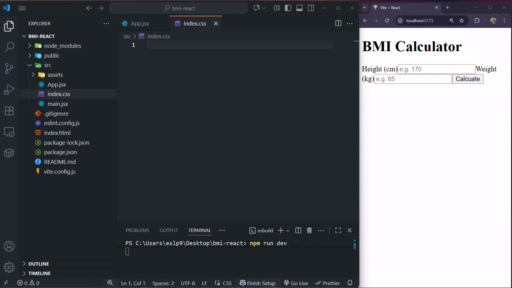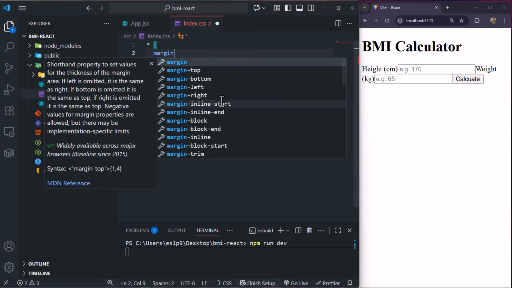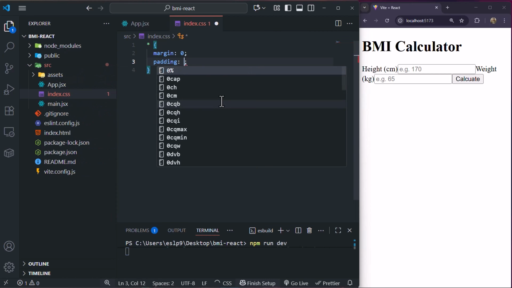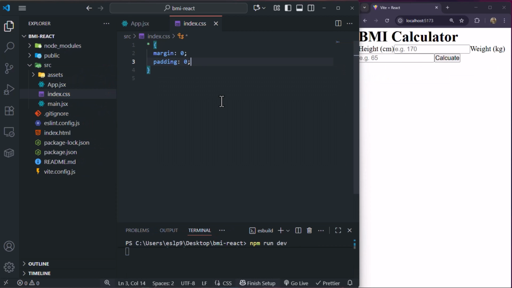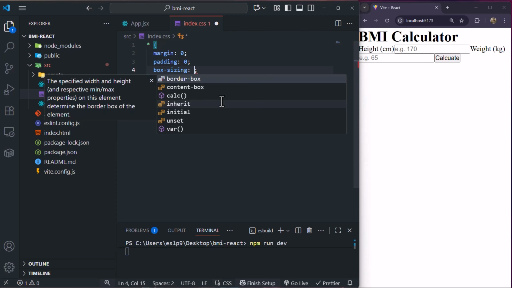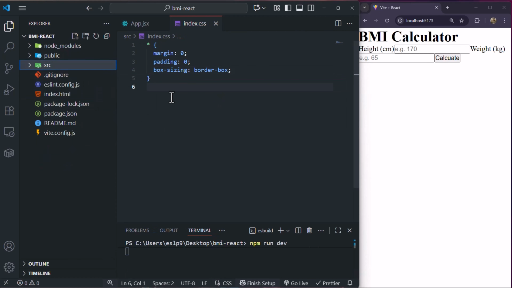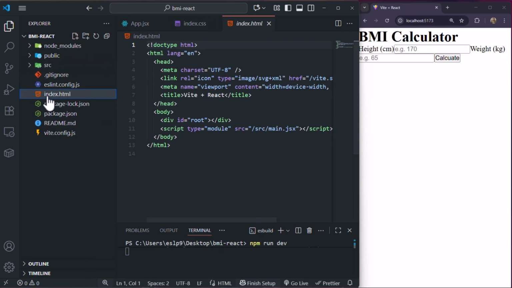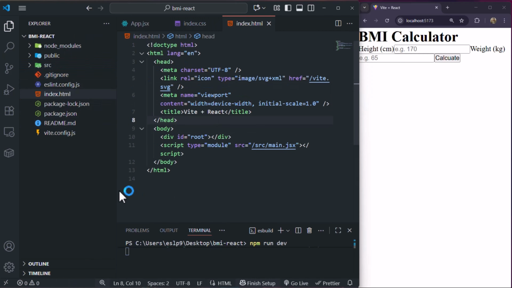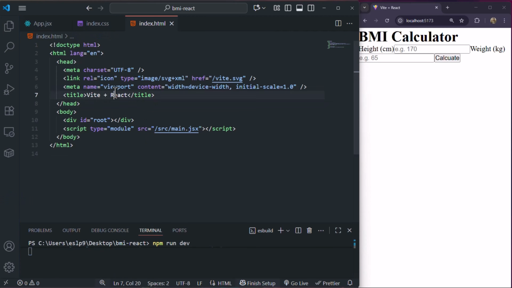So first things first, let's give it a default margin of 0, a padding of 0. And the box sizing is going to be border box. So let's go to index.html. Inside the root directory, change the title to BMI Calculator, and